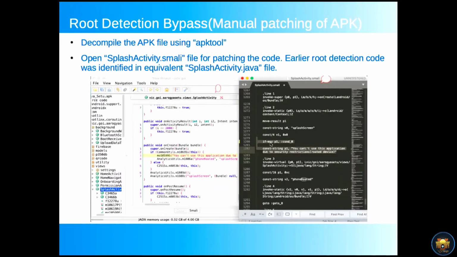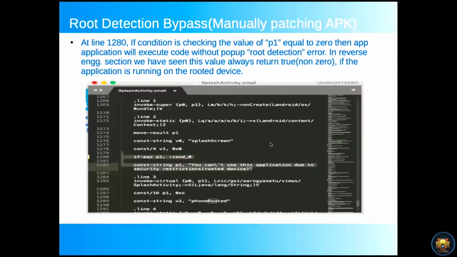So in the case of Android, you can see that the p1 value is always true and not 0. So I have to change the if condition here from equal to 0 to not equal to 0.